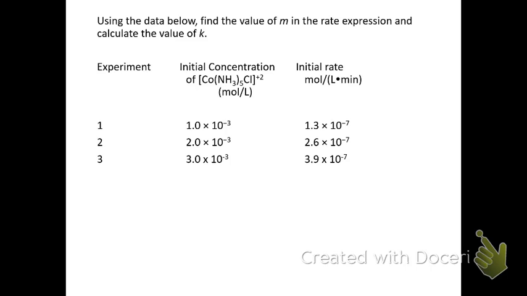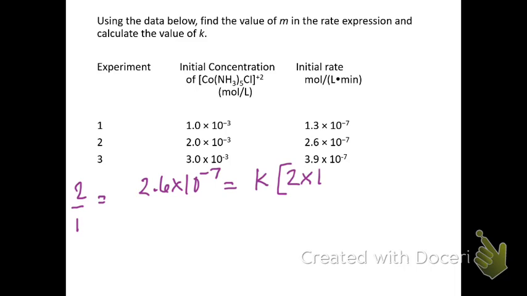I personally like whole numbers, so I will pick the trials in which I'm going to have a larger number on top. So I'm going to use experiment 1 and 2, but I'm going to put 2 on the top, just because I'm going to come out to a whole number instead of a decimal. So I'm going to do experiment 2 over 1. And so when I do that, I'm going to have the rate, which is 2.6 times 10 to the negative 7 equals K,